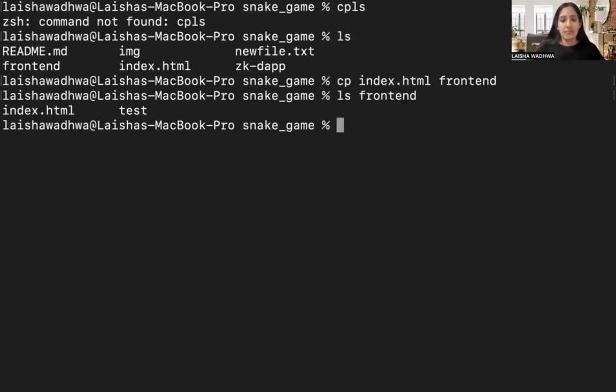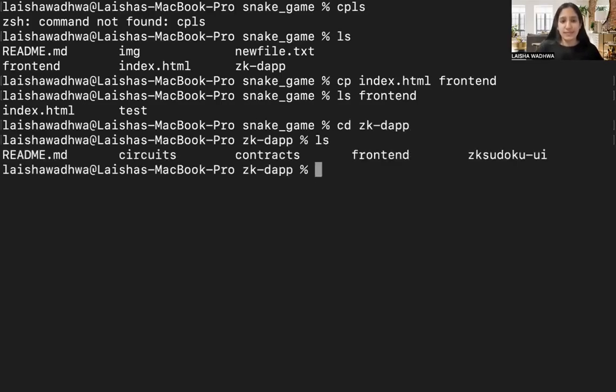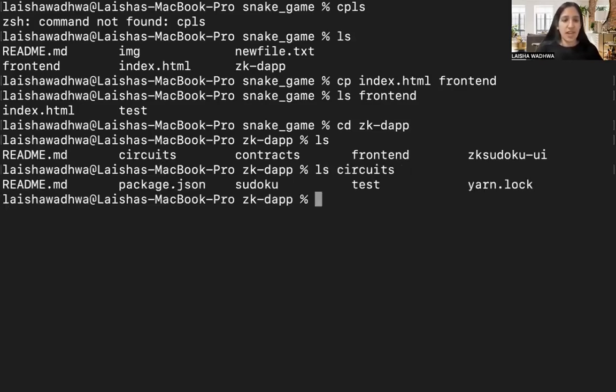Or let's say, let's go to the zkDAP folder because it has more number of files. Now let's move a bunch of things around from circuits to contracts. And let me just do a quick check on circuits. So I have this thing called a test directory, and I also want these tests to be available in the contracts directory. So I'm going to say cp test